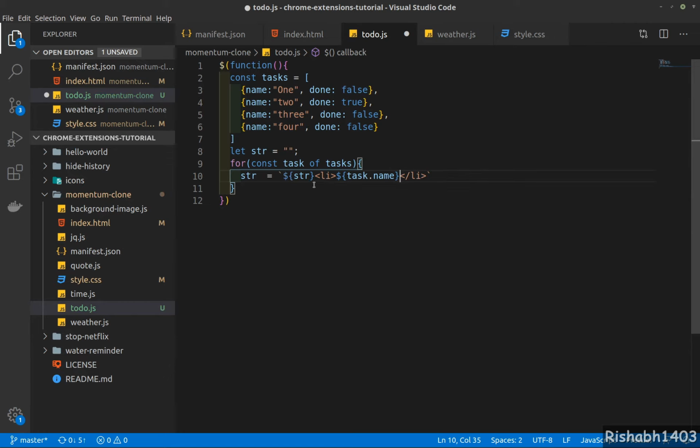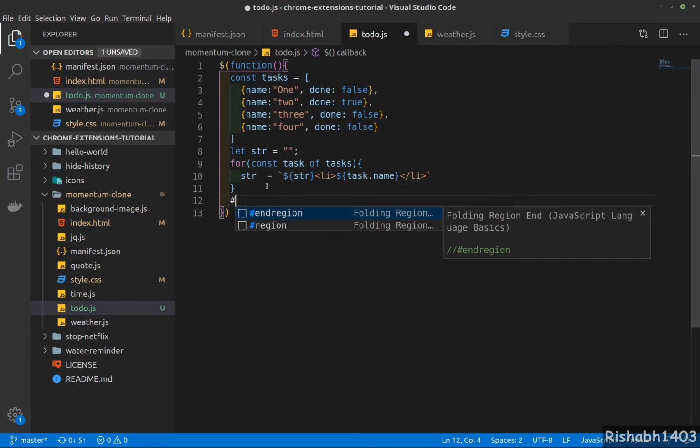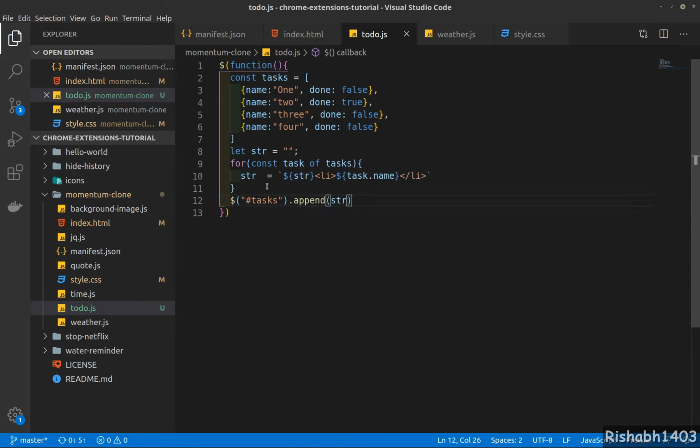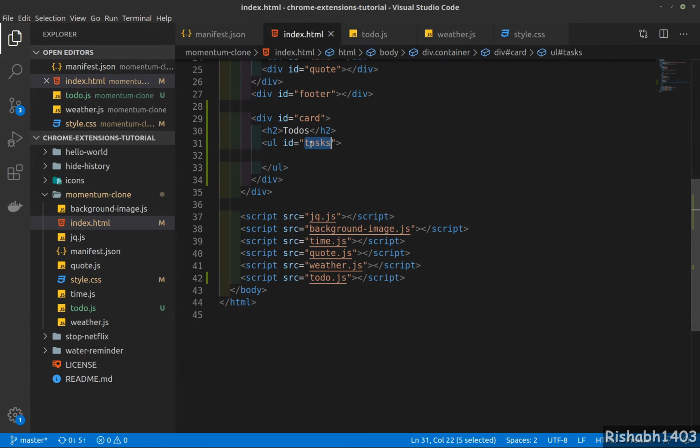Once we are done with the loop, we should have all the tasks in a list format, and then we will append all the complete tasks into our list holder. So this is appending the list string to our list holder tasks. The list holder will be defined here.